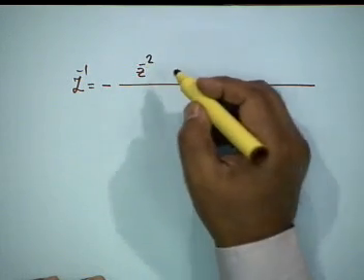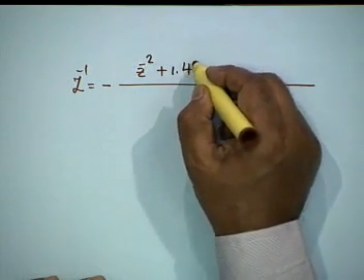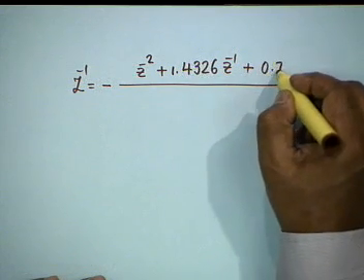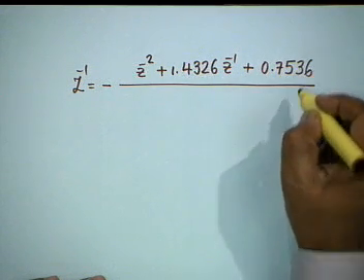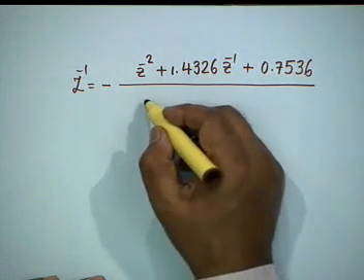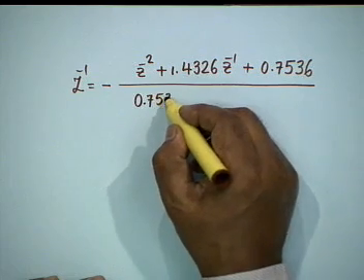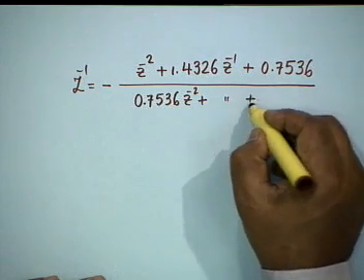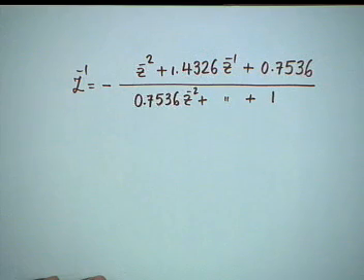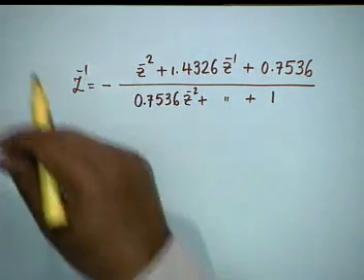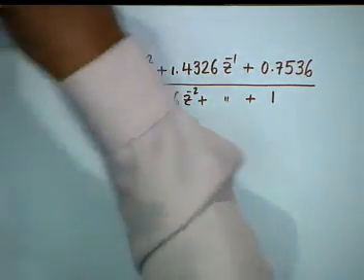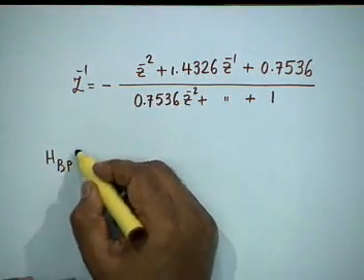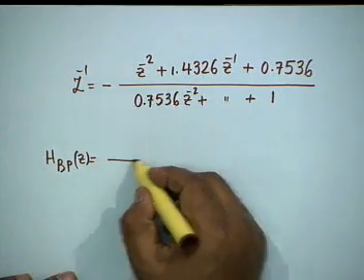Z to the minus 2 plus 1.4326 Z inverse plus 0.7536, divided by 0.7536 z to the minus 2 plus z inverse remains the same plus 1. And if you substitute this in the expression, then you get H bp of z as equal to